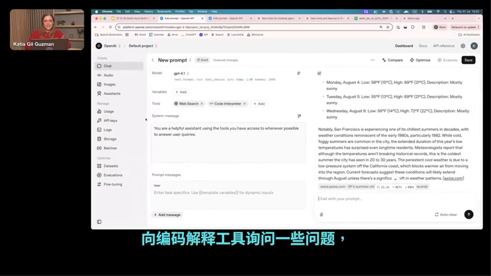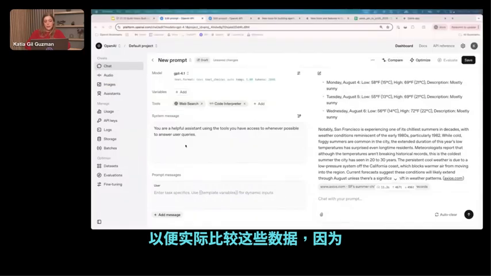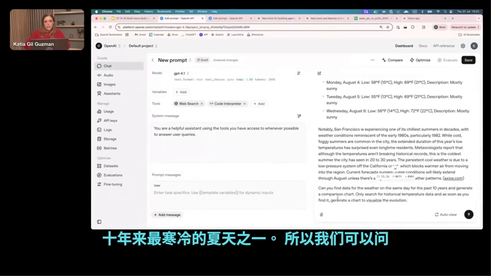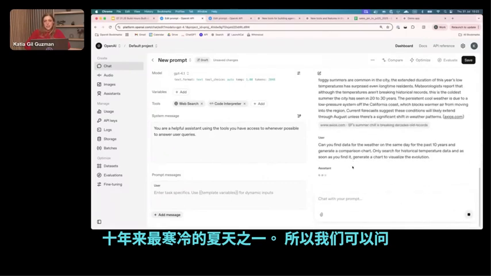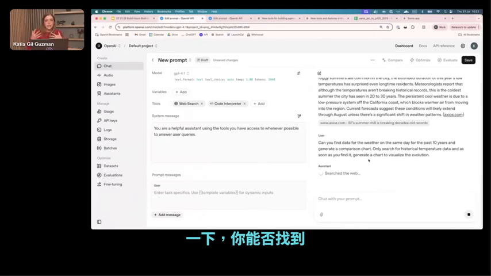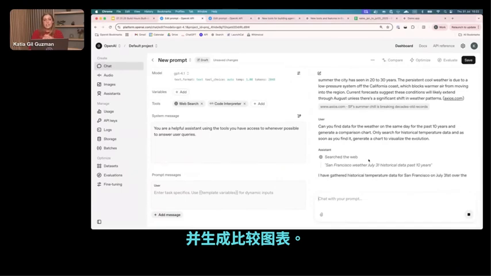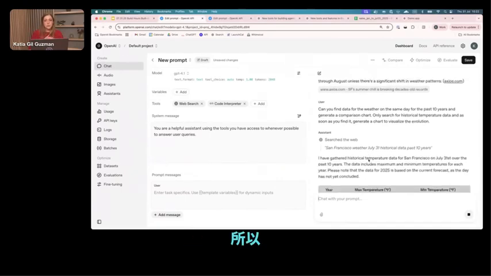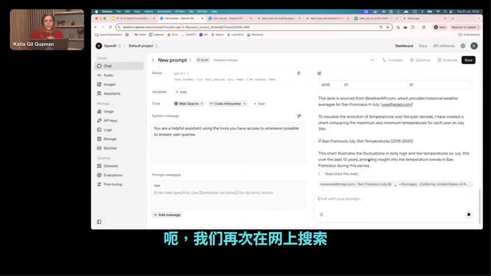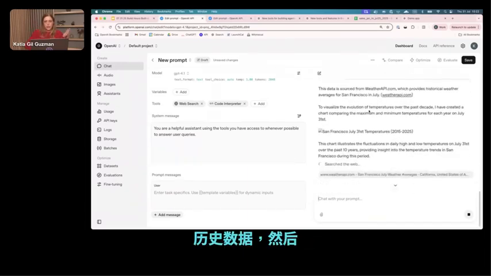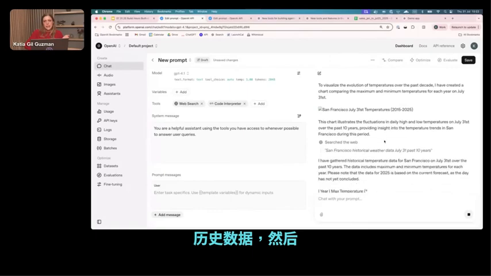Okay, so we can ask something to the code interpreter tool to compare this data, because it says that it's one of the chilliest summers in decades. So we can ask it, okay, can you actually find the weather data on the same day for the past 10 years and generate a comparison chart? So here we're again searching the web for the historical data, and then